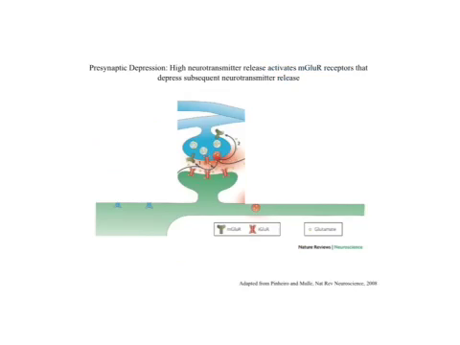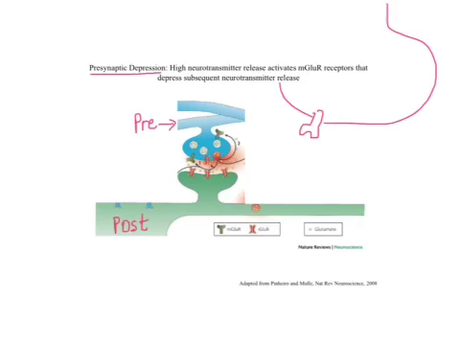So one interesting phenomenon that, again, we're not quite to the filter, is called presynaptic depression. So if we have high amounts of neurotransmitter release, like shown in this picture, the blue one is going to be the presynaptic neuron that's releasing the neurotransmitter, and the green one down here is the postsynaptic target. If we were to make a little drawing over here, we'd have these receptors in the presynaptic membrane,